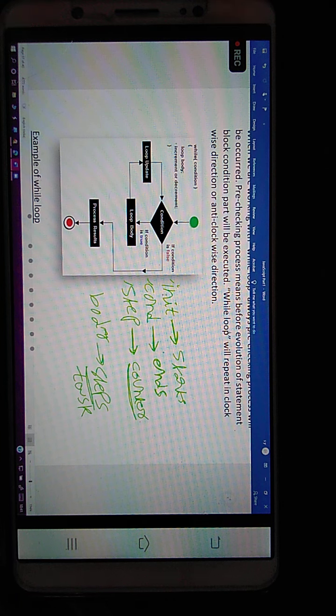So the INIT value represents the starting point of the loop. My condition is the ending point of the loop. My loop is going to end here. My loop starts from Hyderabad, my loop ends at Vijayawada, that is this one. But what is the stepping value, sir? Traveling. How much distance you are going to travel.